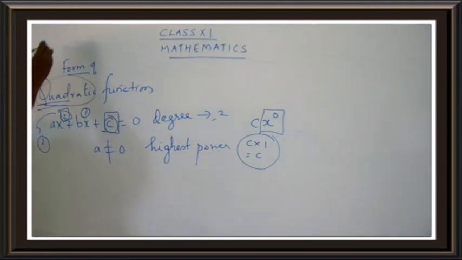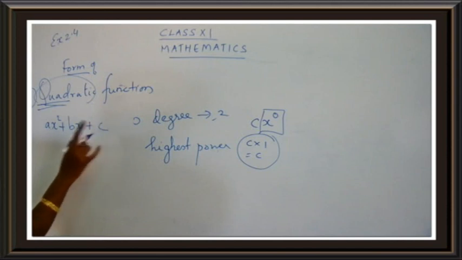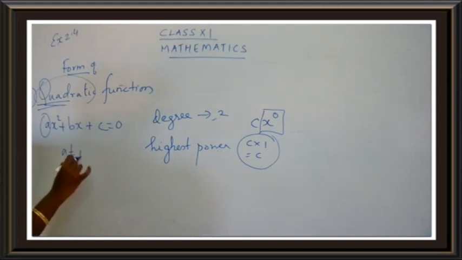So in exercise 2.4, yes children? Yeah, so in 2.4 we will be dealing with a quadratic function. I hope you remember the quadratic formulas. Let's have a small recap of the formulas. So this is the first point that you're going to remember. What is the form of the quadratic function? The quadratic function is of the form ax square plus bx plus c. Keep this in your mind, children. The form is ax square plus bx plus c is equal to 0. And remember one point, this a should not be equal to 0.